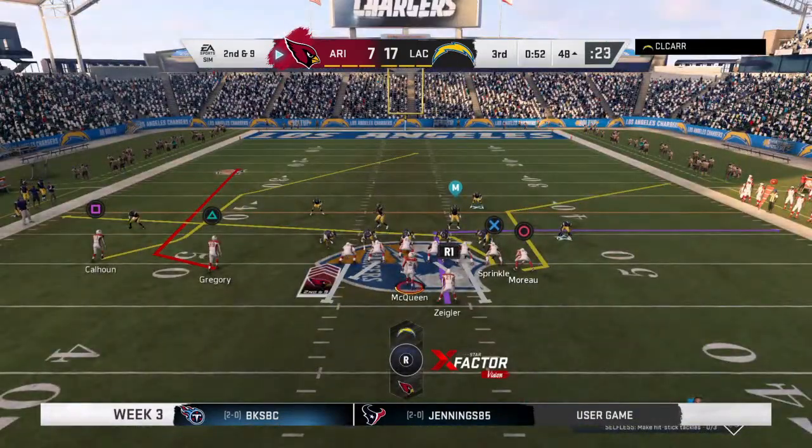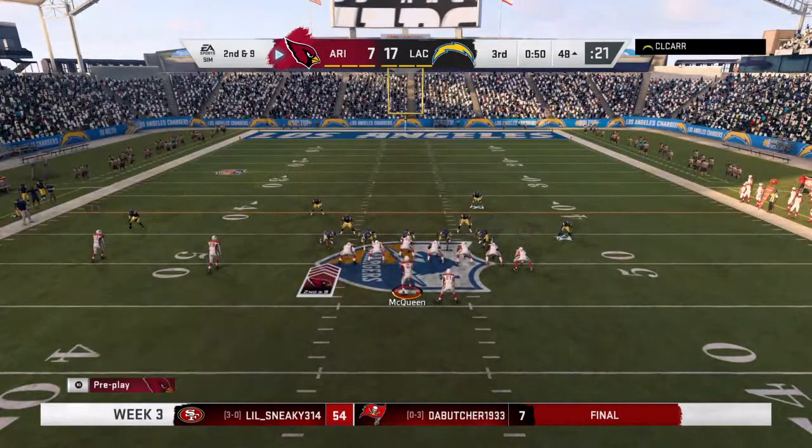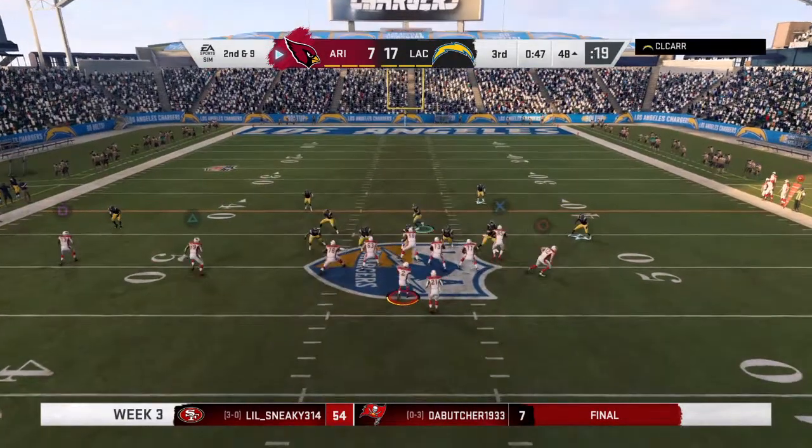18 Gator. 55 to Mike. You. Mike 55. To throw